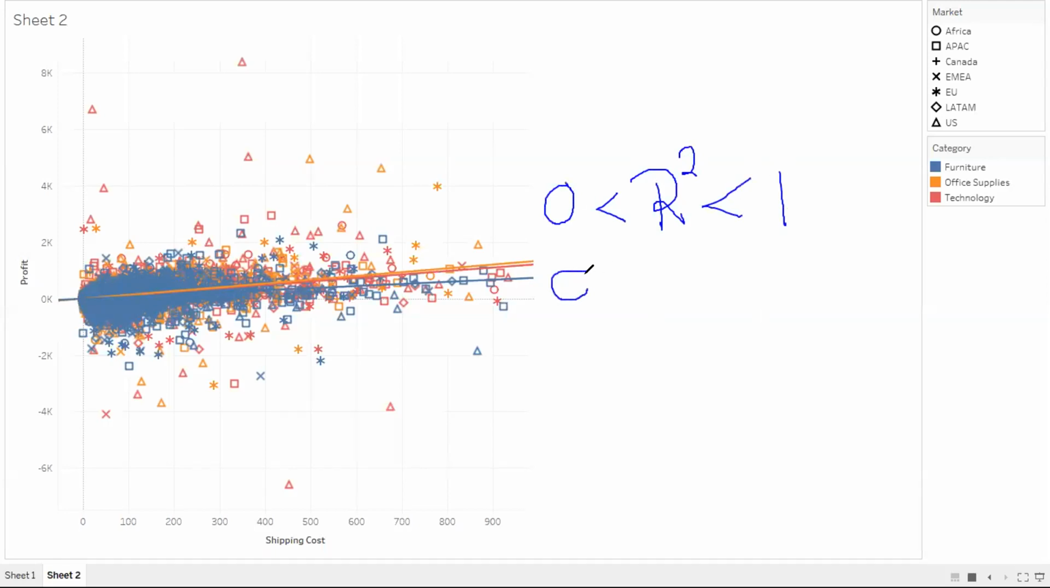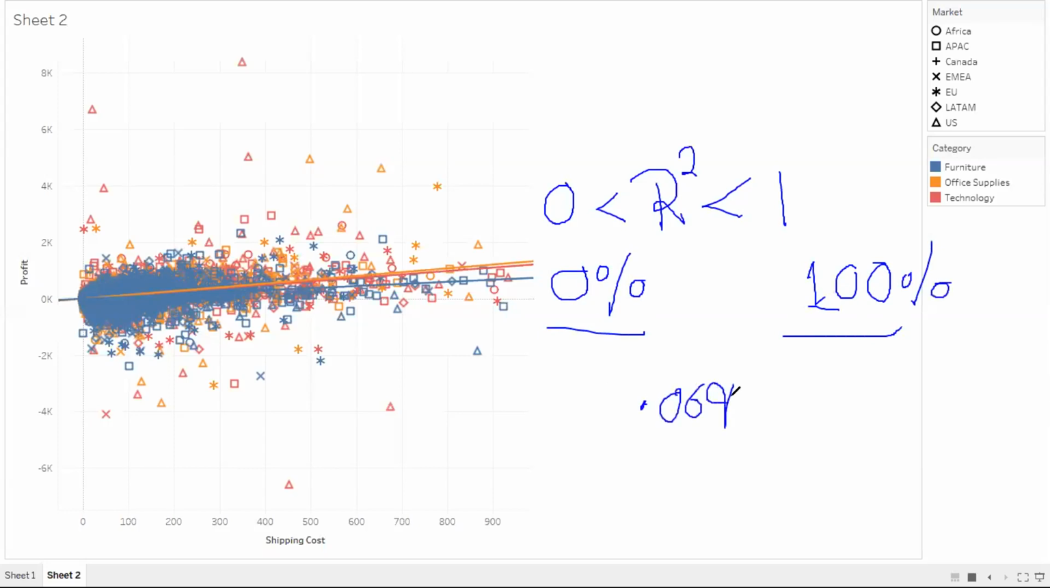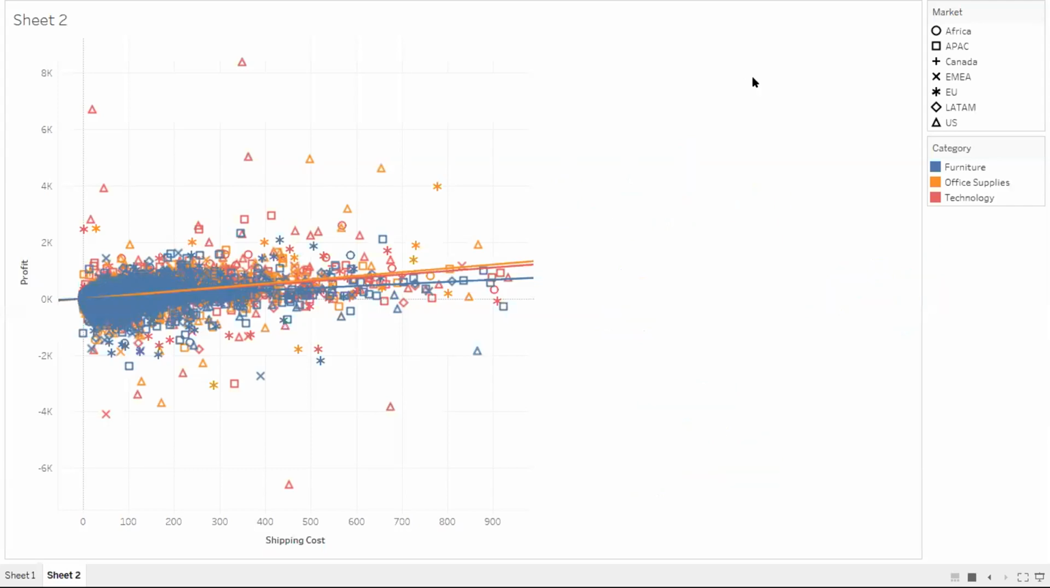Another way to think about it is that profit could depend on shipping cost to the extent of 0% or to the extent of 100%. And what you found is that the coefficient of determination was 0.069, which means approximately 6.9%. Now, is that a very significant coefficient of determination? If I say profit depends on shipping cost to the extent of 6.9%, no, it is not, right? You are absolutely right. So Tableau does have predictive analytical capability,